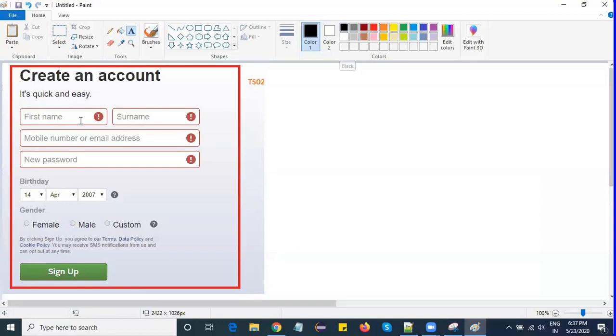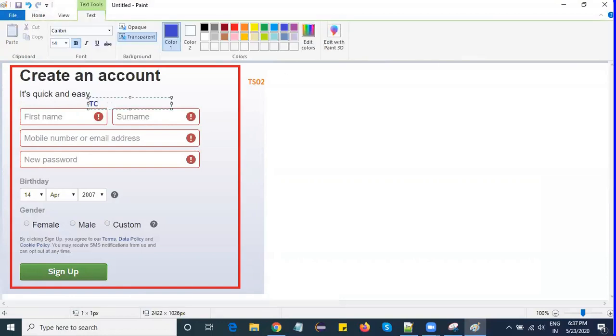What color shall I take? Let's take blue, blue will be fine. First of all, I need to check how my first name will look.